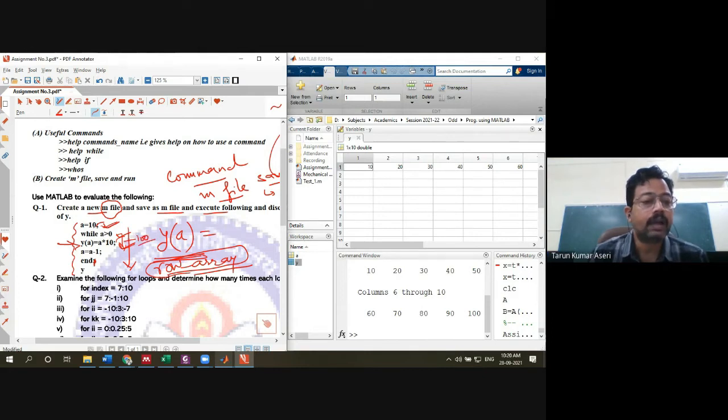Now a is reduced by 1, so a becomes 9. Then the loop runs again, and it checks again that a is greater than 0, then fine.